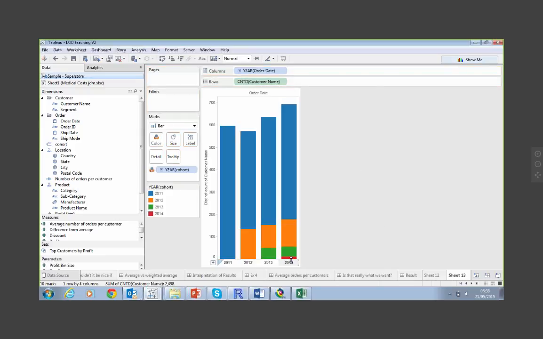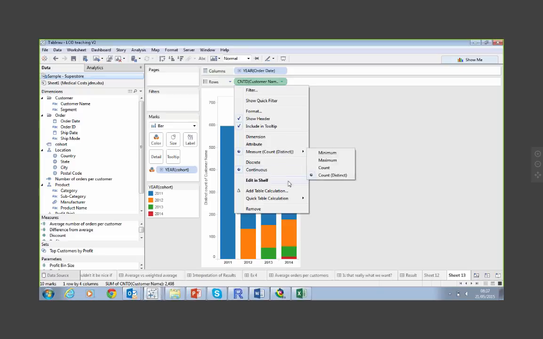And then we can drag this cohort out to color the bars. Now that shows us, for example, in 2014, that the majority of our customers were actually from the 2011 cohort, and that we acquired very few customers in the 2014 cohort. But you might actually want to see as a percent of total, what percent of my total customer base in 2014 came from each cohort.